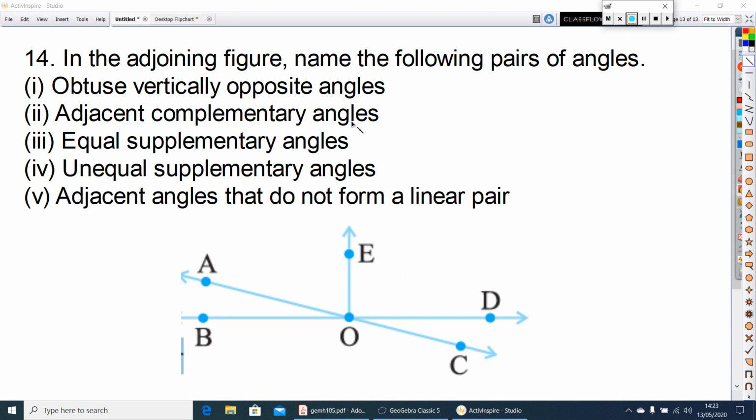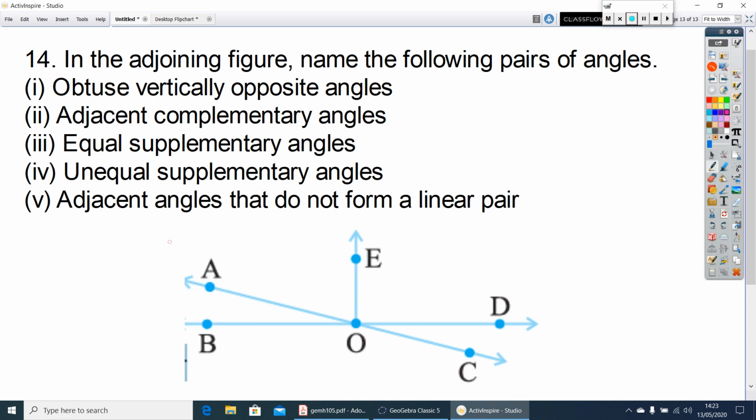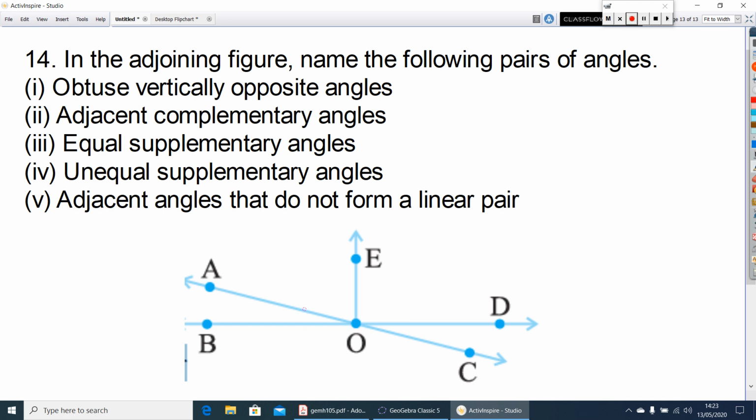Now next question is adjacent complementary angles. You know complementary angles means sum of two angles should be 90 degree. So you find out two angles which are adjacent and complementary. That you can write angle AOB and angle AOE. You can see these two angles are adjacent and sum of these two angles are equal to 90 degree. Similarly, you can find out other